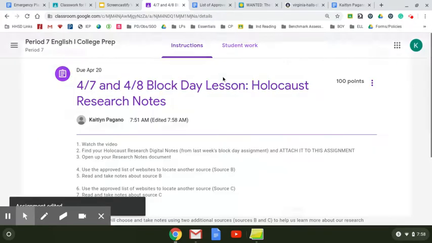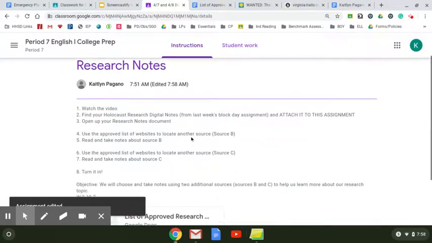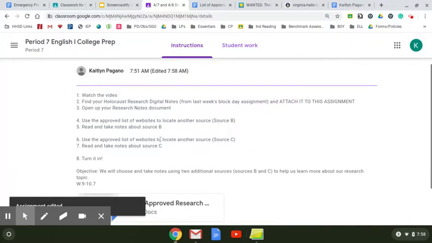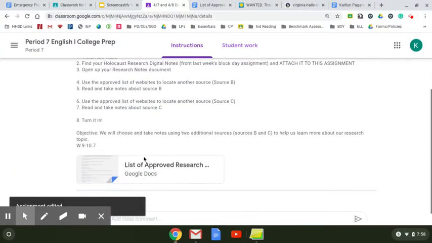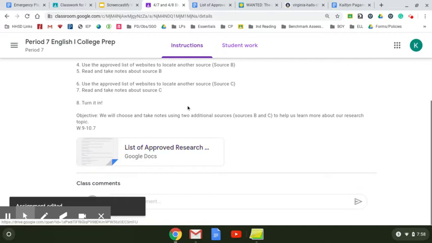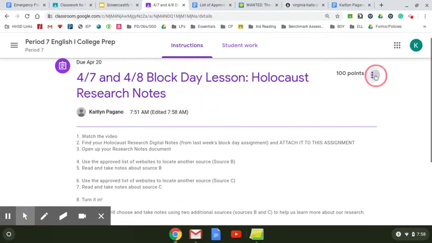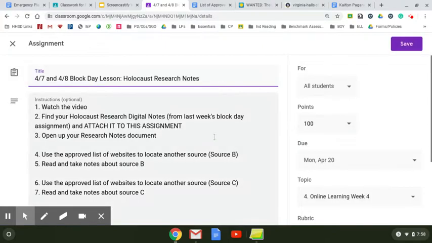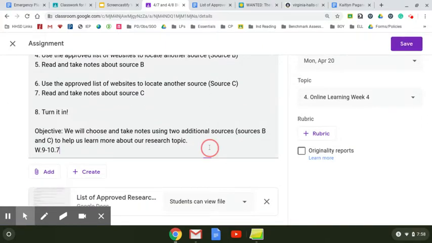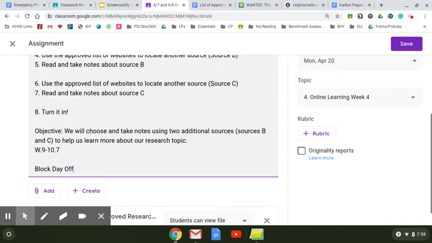So take your time, do your work, get all your sources. If you need anything, please let me know. Today I'm going to do office hours like the block day office hours. So let me add that to the assignment. Block day office hours. And remember, I changed them so I could accommodate more people. And that's 12 to 2. And just let me know any